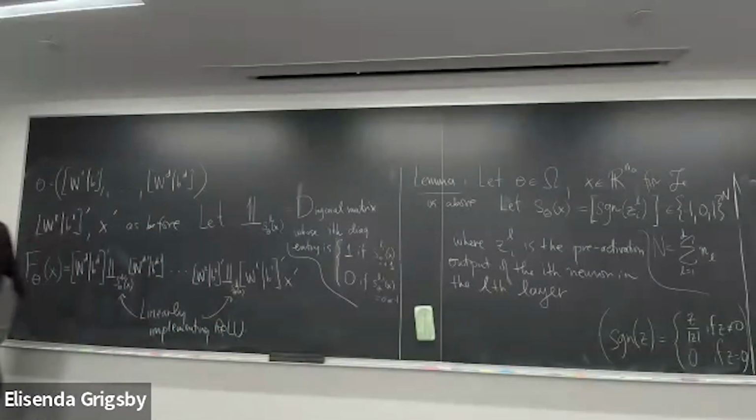But the point is that anything that commutes with these matrices for all points in the domain, any sub-semigroup of the product of general linear groups that commutes with these matrices, will therefore be a global parameter space symmetry. Okay, so